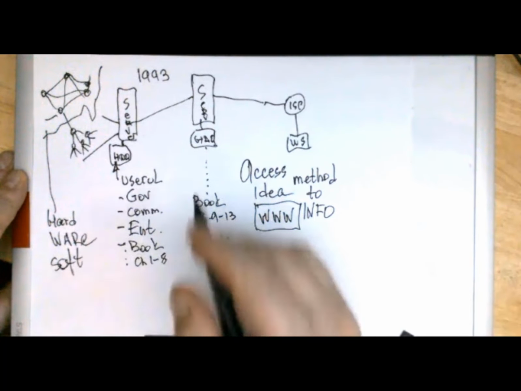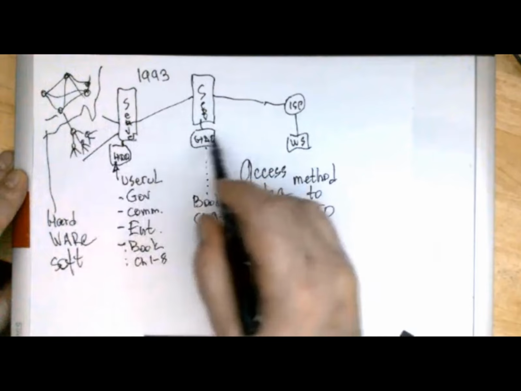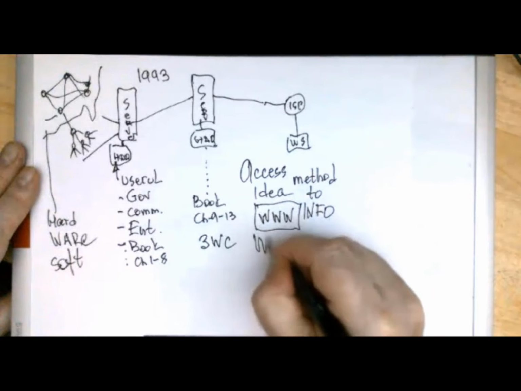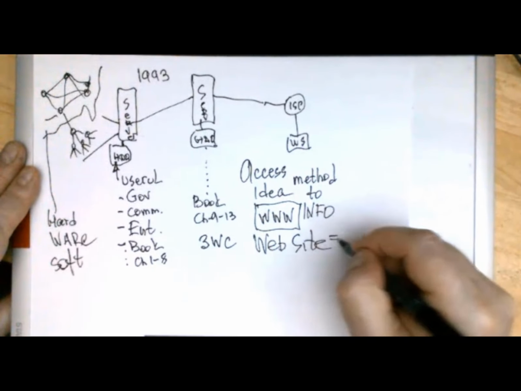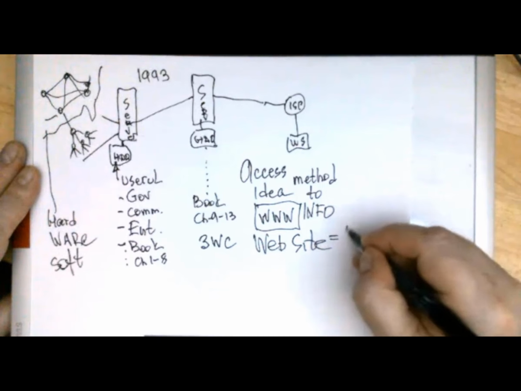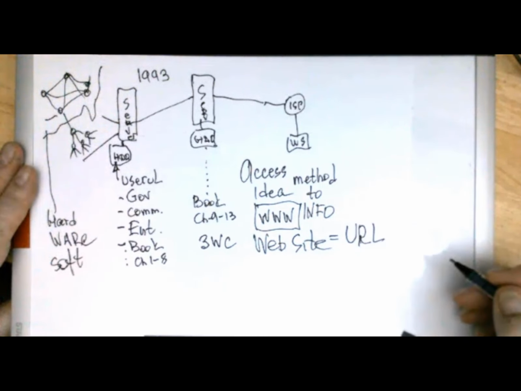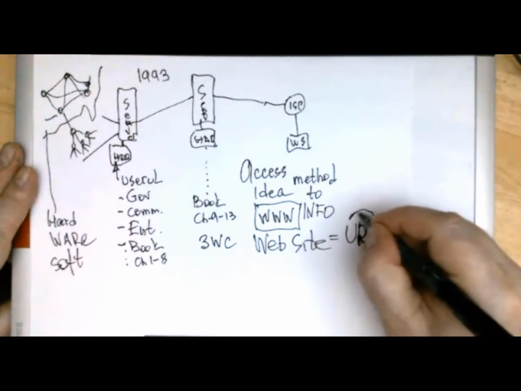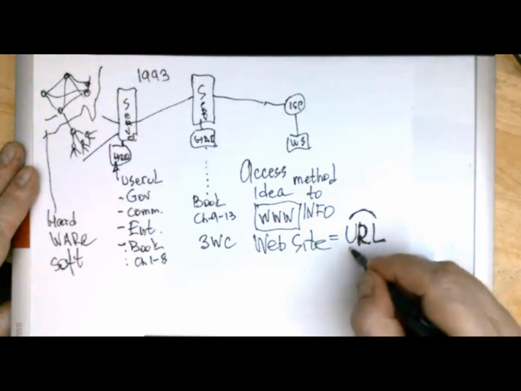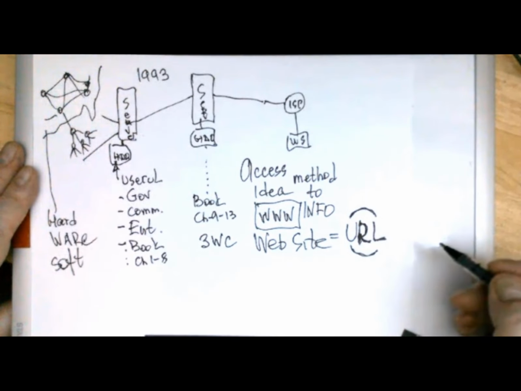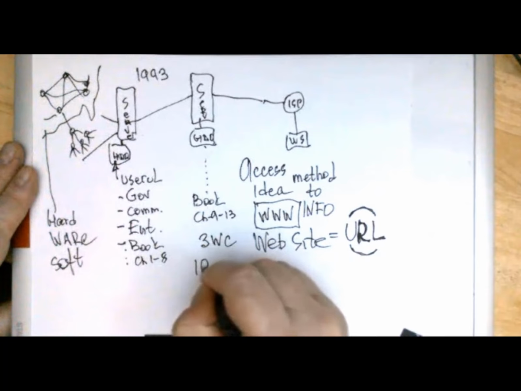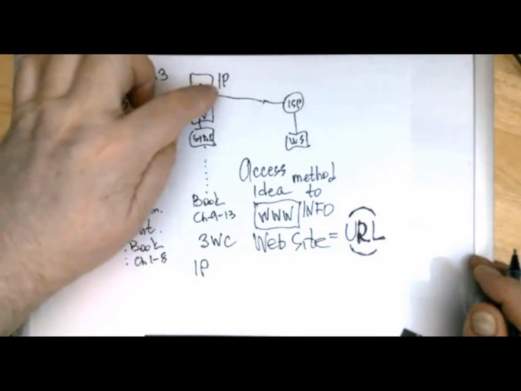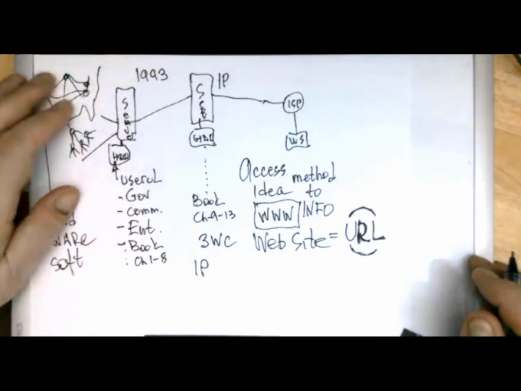And so they said, how can we recognize every piece of information on the server? And then somebody said, let's create a website. Or they said, let's name it URL. URL is uniform resource locator, uniform recognition locator. Okay, so URL. URL is a website. How can it be recognized? By IP address, because the IP address is what actually makes this server recognizable. This is a unique IP address.